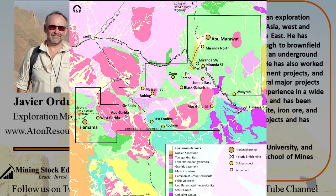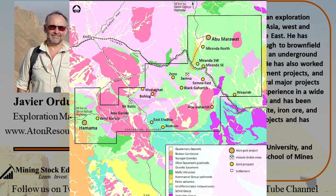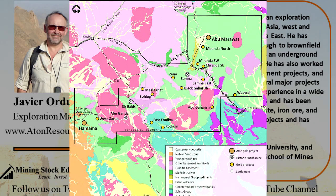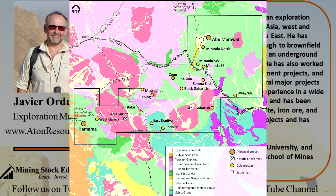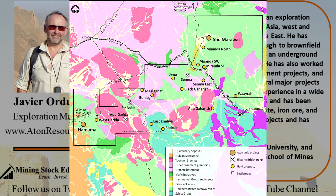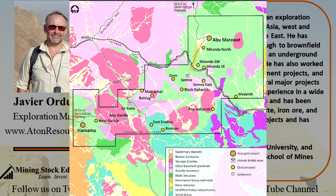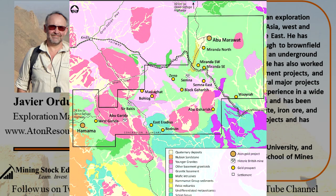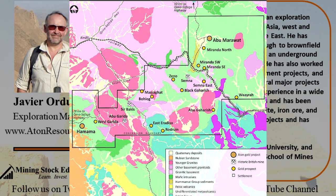Aton have been here for a while, and we're pretty excited about the area. In terms of our license area, we operate the Abu Marawat Concession. The concession is almost 740 square kilometers in size. Now, again, by anyone's stretch, that is a fairly sizable area, and we're quite happy to have the opportunity to